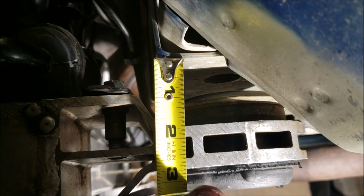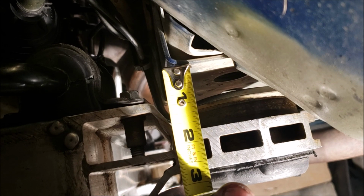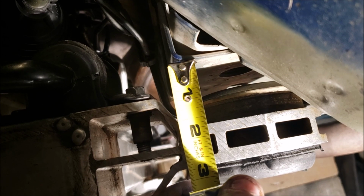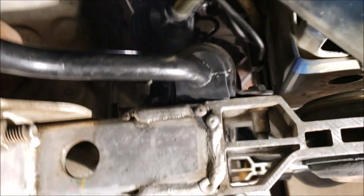I'm a 1/16 shy of 1 3/4 inches. 1 3/4 inches is close enough. If you're doing this yourself and you're laying on the ground without a lift, don't even pay any attention. Just jack this thing up until you're 1 3/4 inches away. Okay? Then you still got at least 2 or 3 inches